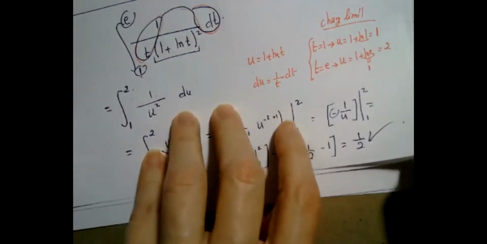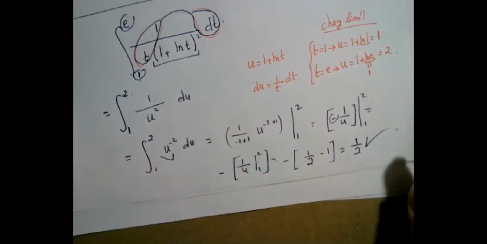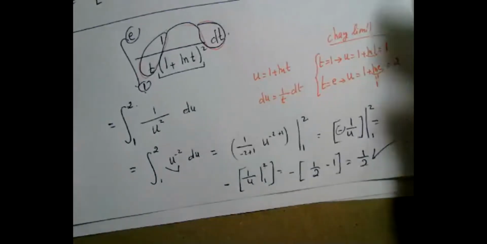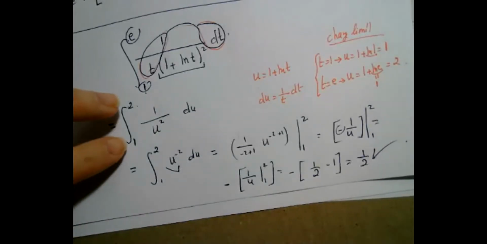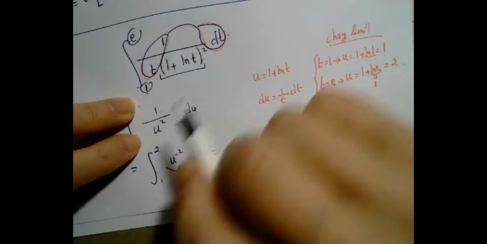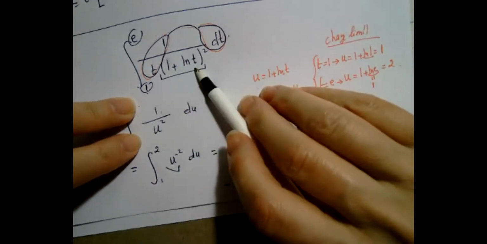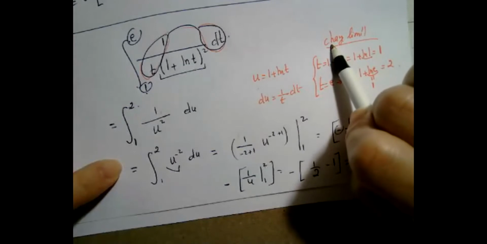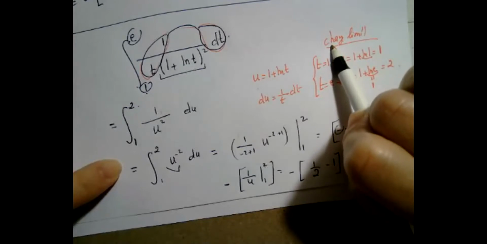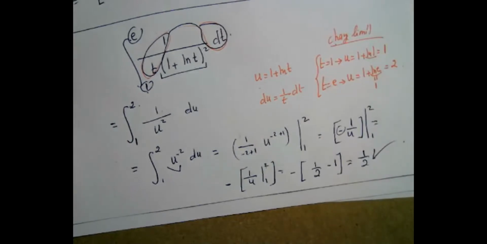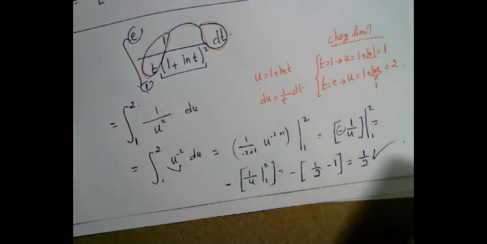Okay, can you go over why you changed the limit again? Why? Because when you do substitution, we can do it 2 ways. If I don't change the limit of the substitution, I have to go back to t again. If I change the limit, I don't have to go to the original variable anymore. That's really how substitution works when I have a definite integral. So if I didn't change the limit,